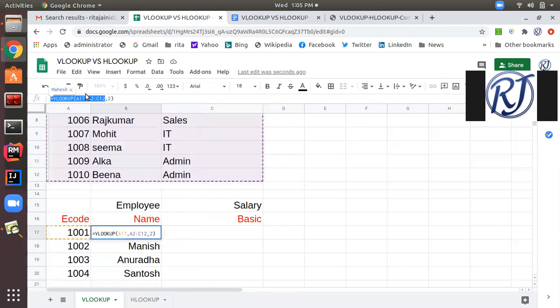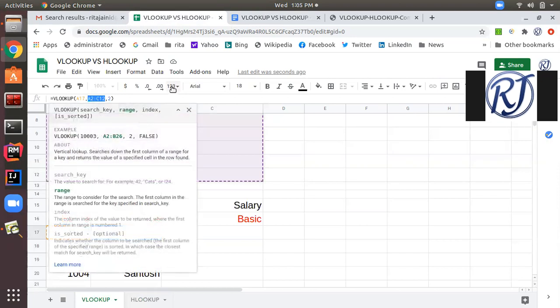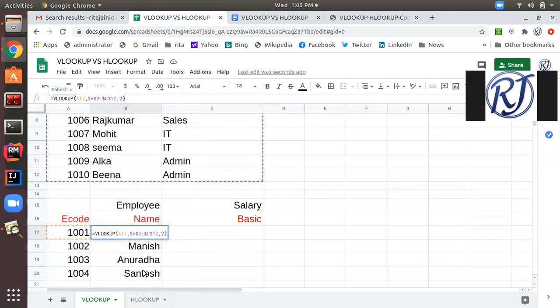In order to make it absolute, select this, and the shortcut key to make the cell address absolute is function key F4. So it becomes fixed. Right now it is not giving an error, but if you fetch many other employee names, it could give an error, because right now there are empty cells, but it is possible there is data below the table. So it is always recommended to make the table range absolute. Now I am entering it again and copying this formula again.